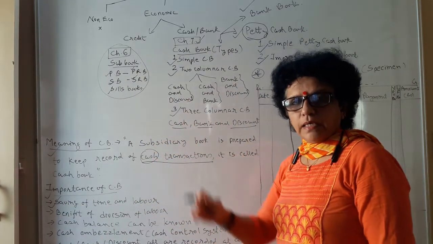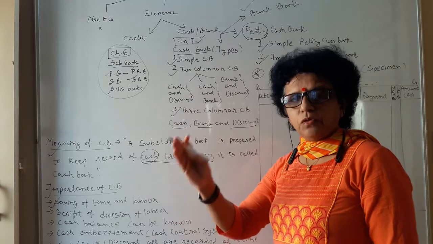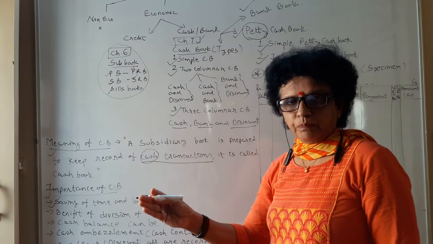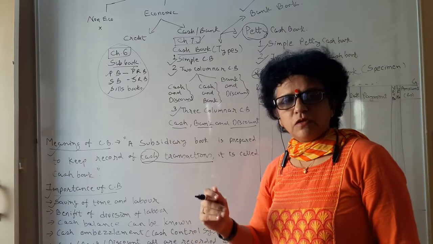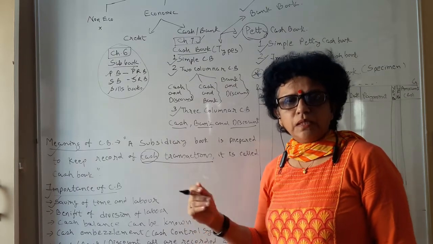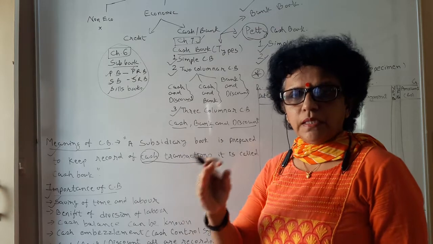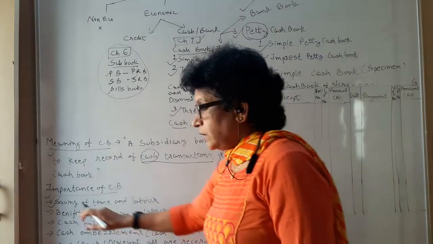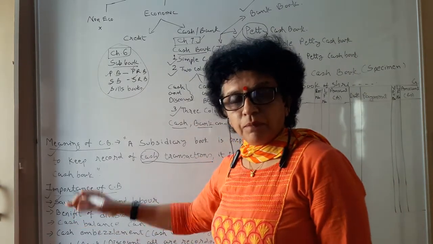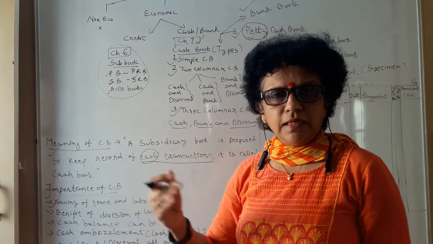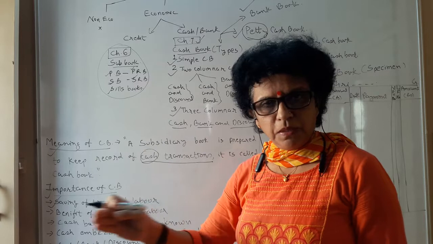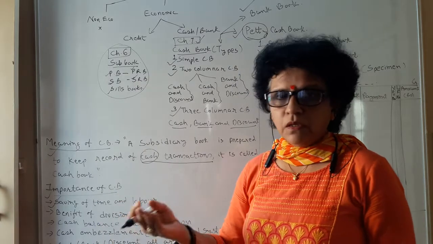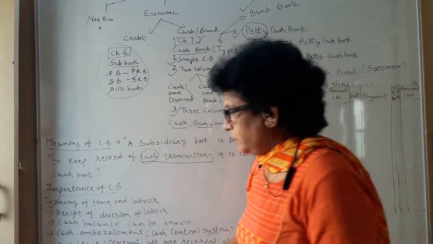When you record in a systematic manner, you will get the data quickly. You will get the opening balance of the cash book and the closing balance of the cash book. You can compare it with the actual cash, so that your time and labor are saved. No need to write a narration. A hundred times you make payment, a hundred times you receive money, goods sold for cash, goods purchased for cash. No need to repeat that routine work.